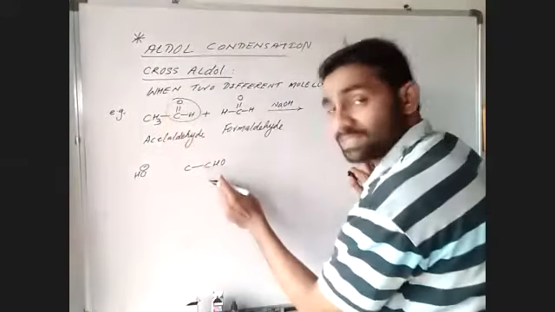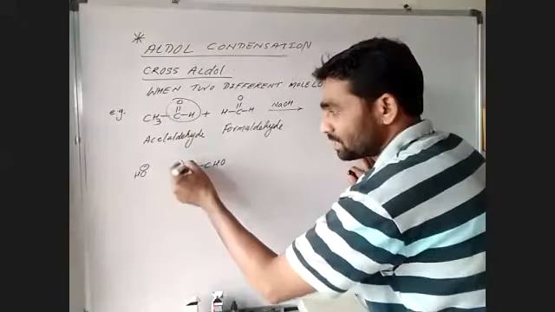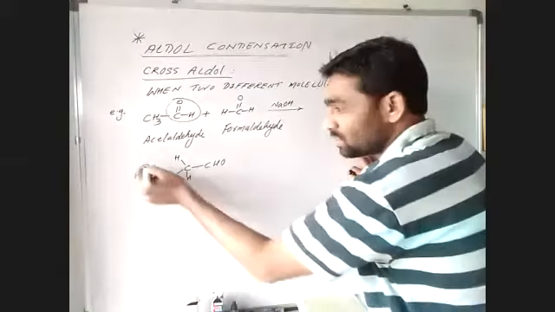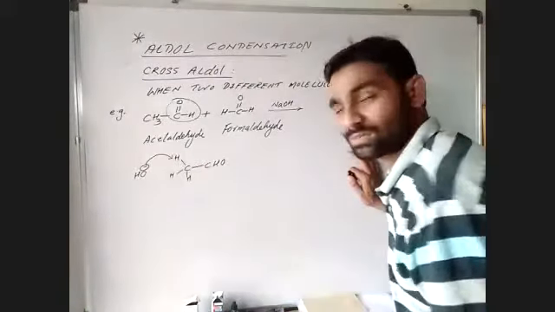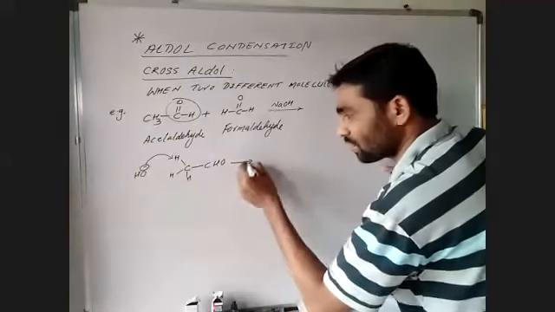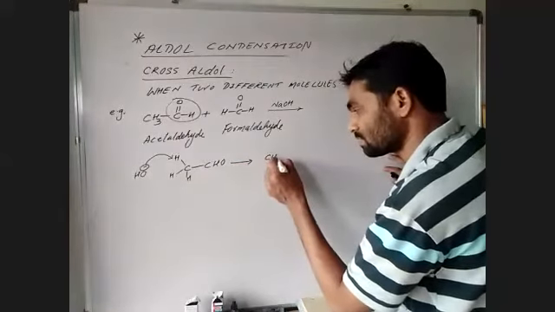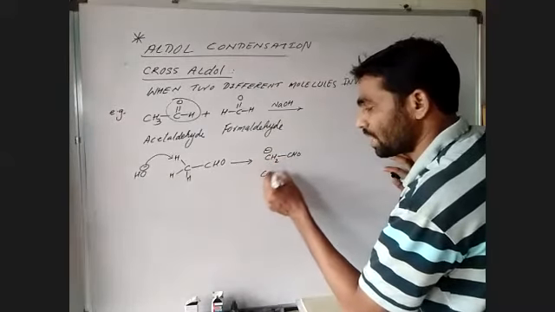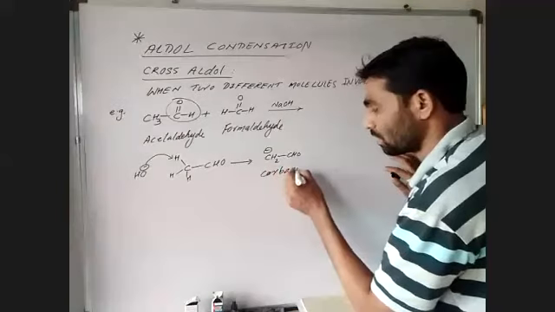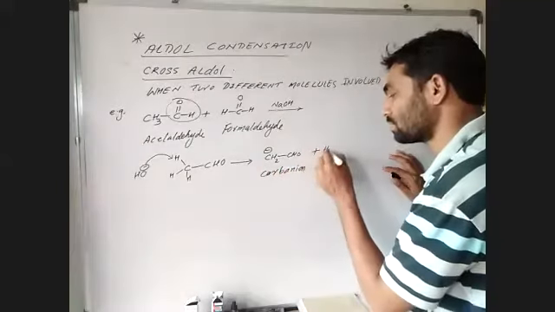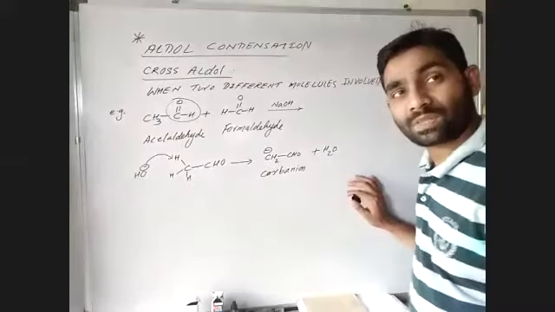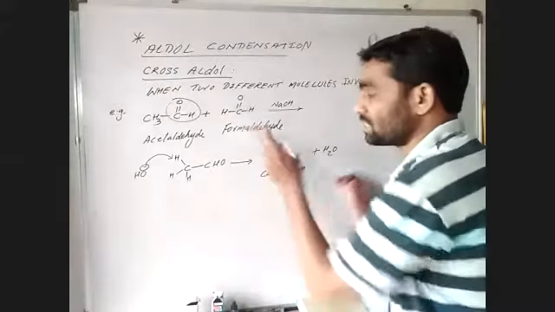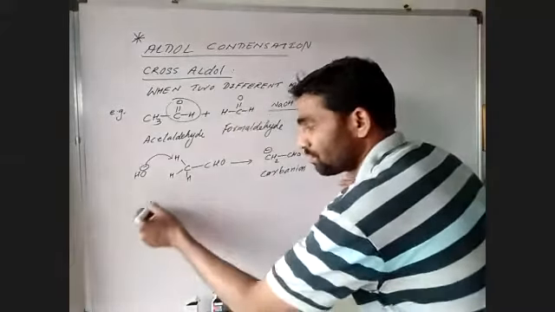this CHO group like this, and these three hydrogens will be like this. So this OH minus will take this proton, and this will definitely form CH2 minus, and this is CHO. This is a carbanion, plus water. Once this carbanion is formed, in the second step, this will attack at this carbonyl carbon of